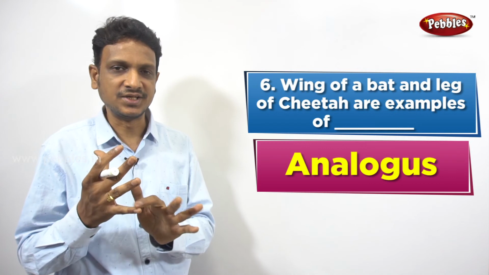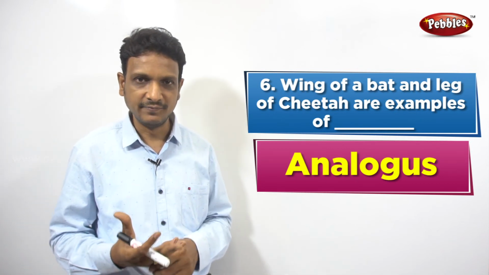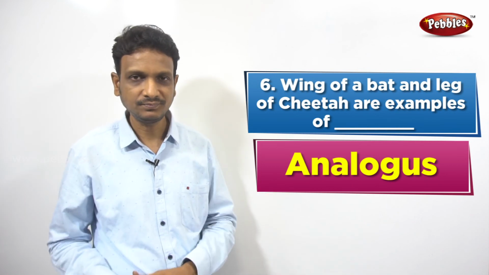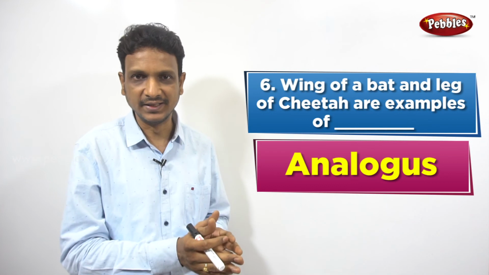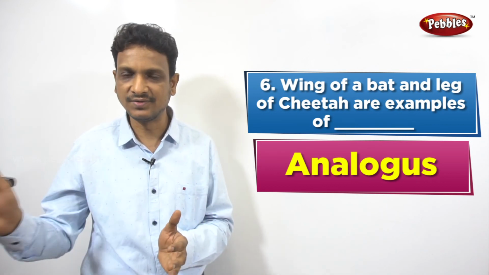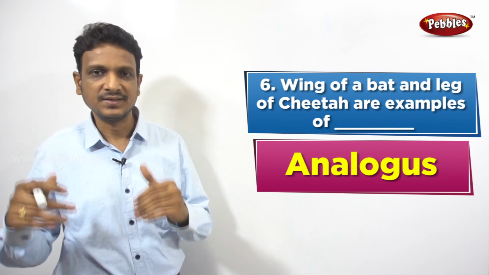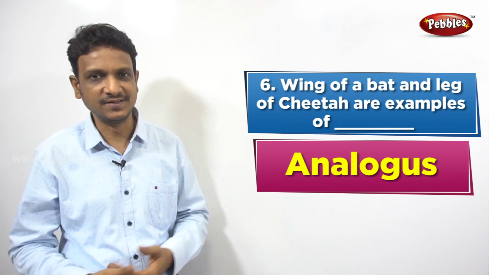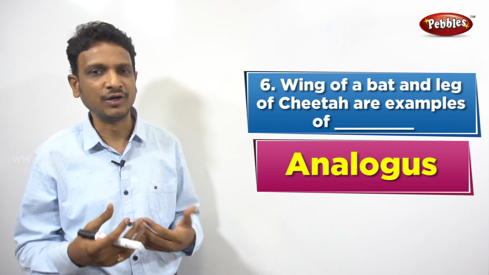The fingers of the bat are attached by a skin called patagium. With the help of that, it will fly. So the function is the same, that is to fly, in the case of the bird, the butterfly as well as the bat. But the structure is different. This is a structural difference. What do we call these? Analogous organs. So these are some important topics from the lesson evolution, that is heredity and evolution.